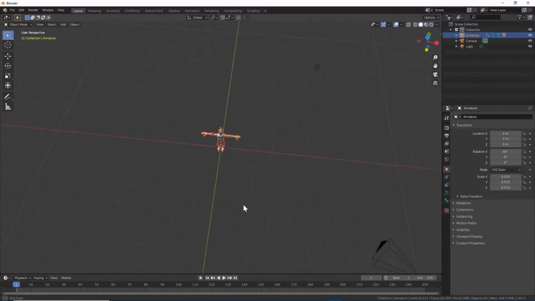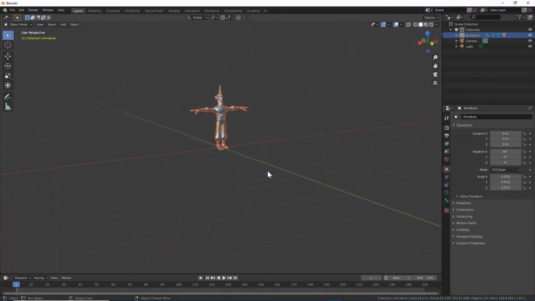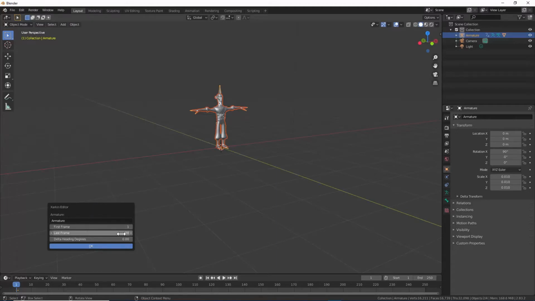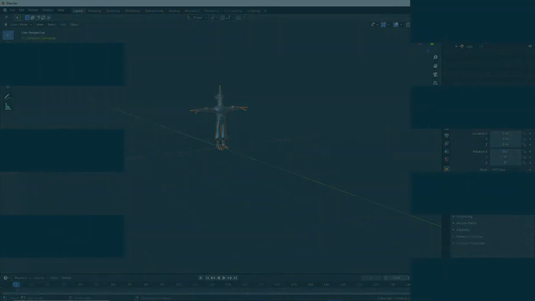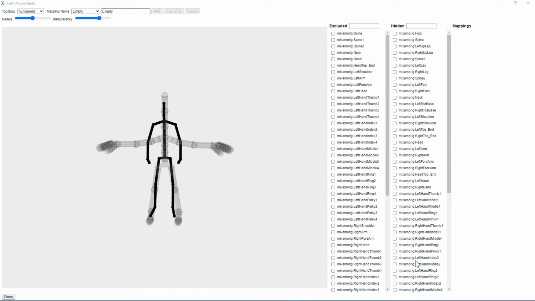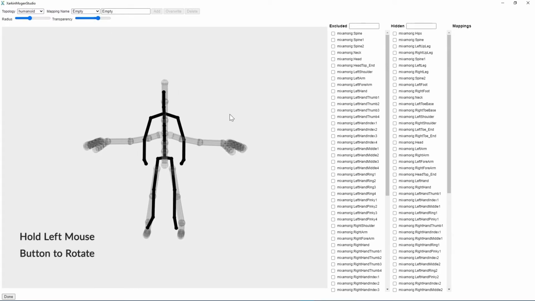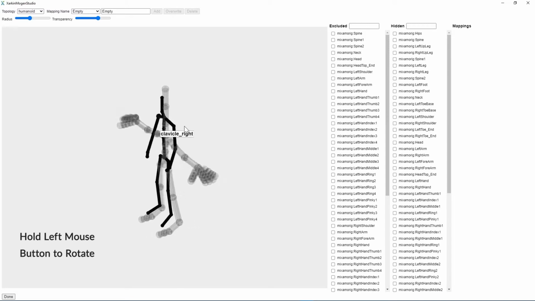Now let's launch the Xarkin editor. Next, we'll map the character on our way to Xarkin Studio. We can see the skeleton of the character we imported, transparent, behind the skeleton of the Xarkin topology, which is humanoid in this case. Holding the left mouse button will allow us to rotate this image